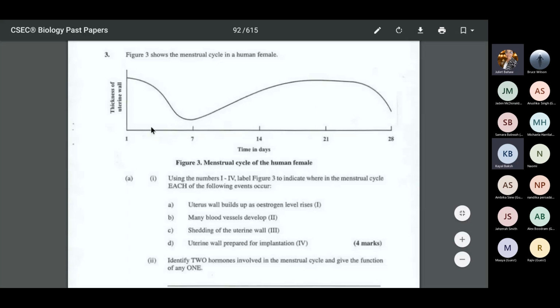So you have to find a place in this time frame where you're going to place 1. 2, many blood vessels develop. 3, shedding of uterine wall. 4, uterine wall prepared for implantation. Right, so read it over. Look at the timeline here, the time and days, and draw this